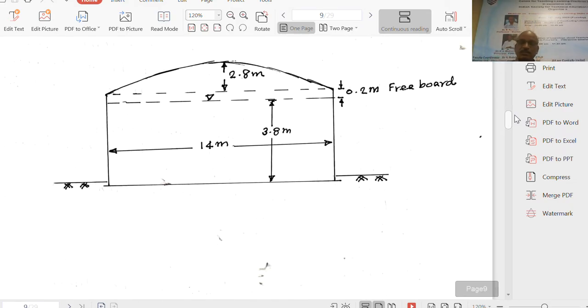Right. So this is about the dimensions. It is a tank resting on the ground. Diameter we have got it as 4 meters. 3.8 meters is the depth of the storage of water, and 0.2 is the freeboard, on which you are going to provide a dome slab. So this is the line sketch showing the cross section of the tank.